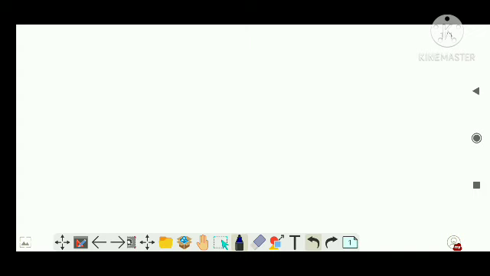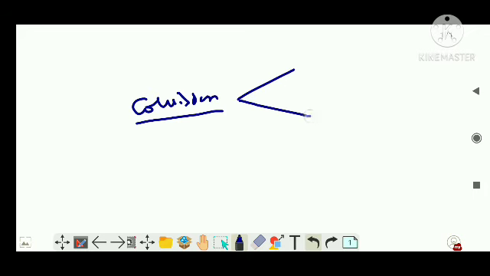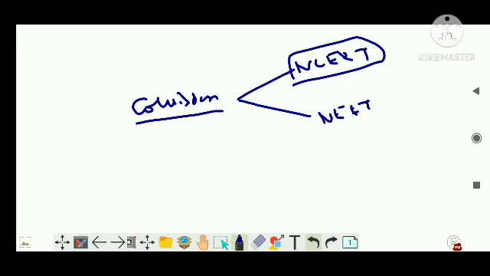Actually, I always take it like this: some of the portion will be NCERT, and along with it I will finish the NEET, then again NCERT, or I will mix up. That's the way I take. So again I'm mentioning that this is not the way I was supposed to take collisions. I was supposed to take it as a pure mix-up of both NCERT as well as your NEET section. But what happened is the declaration of the examination, so I first finished the NCERT as such, right?